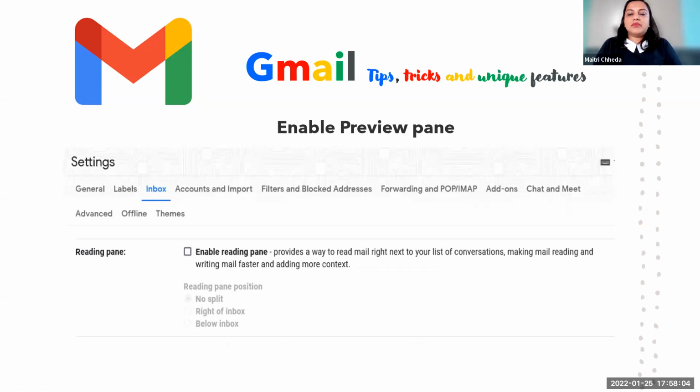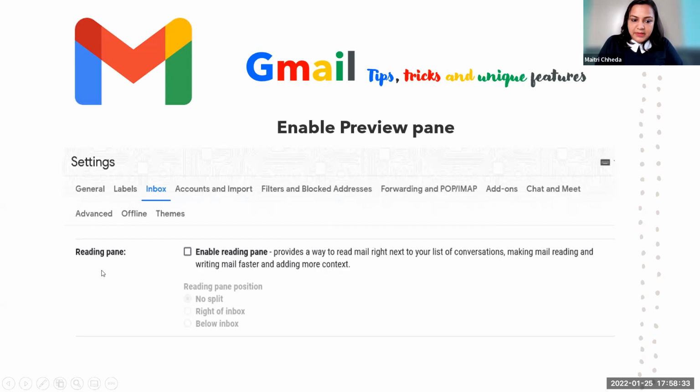Now people who have used Outlook also always say that Outlook is much better in a way that we are able to preview the email. You click on an email, and on your side panel, your preview pane, you can have a look at the body of the email. You don't have to click on an email, go inside the email, and then come back. If you find that irritating, what you have to do is come to settings,